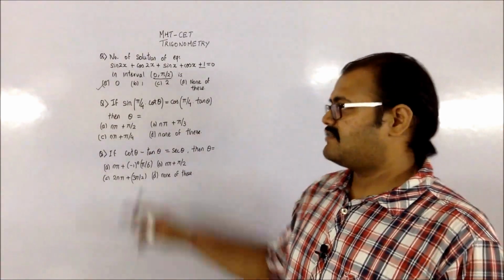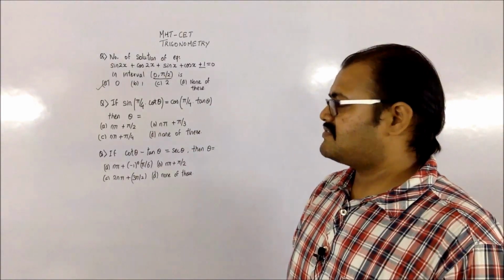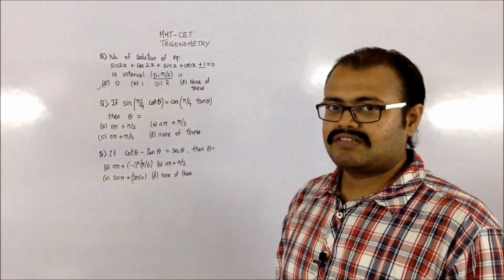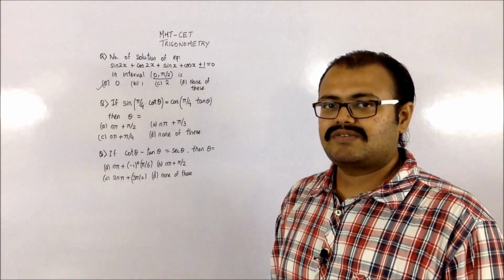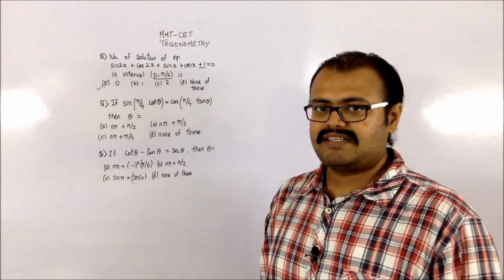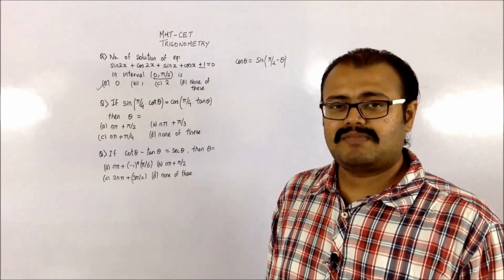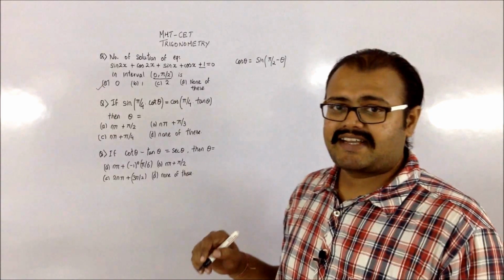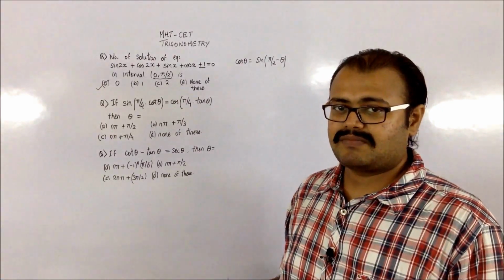Moving on to the next one, we require to find the solution for this particular equation. Whenever you have sin and cos terms like this, you can apply your allied angle formulas. If you are getting confused whether the formula you have taken is right or wrong, you have to remember the sin a plus b and a minus b formulas for that.